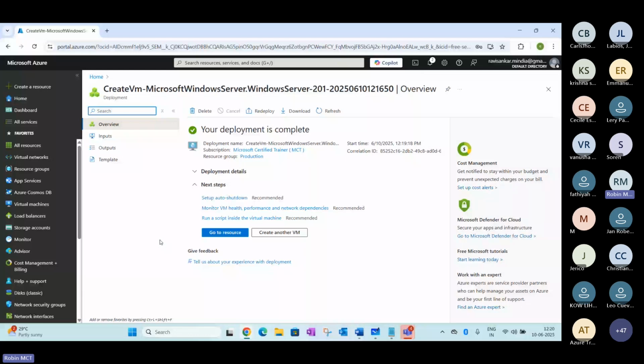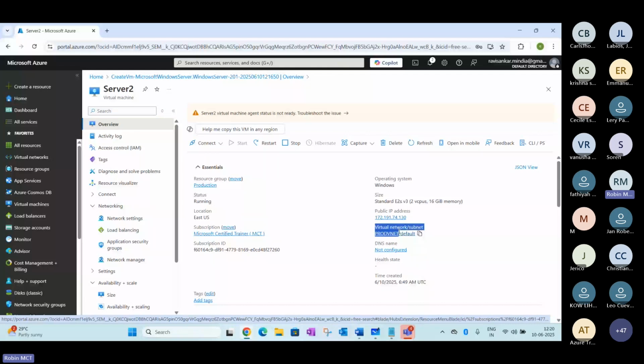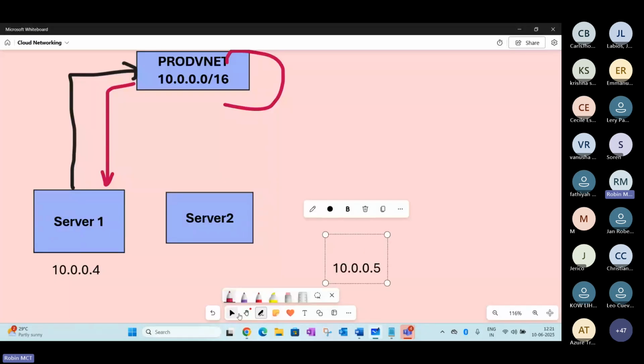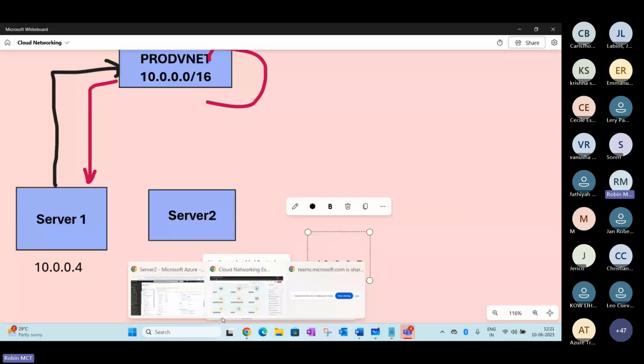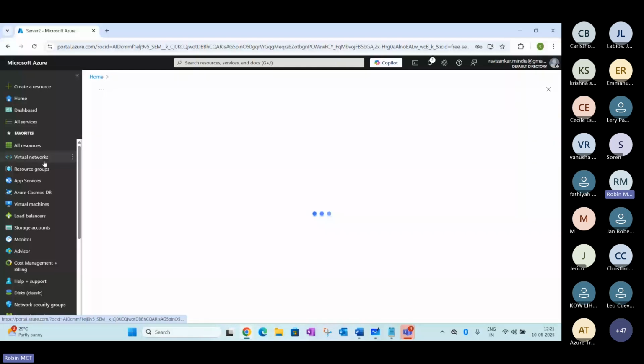Right now, you may be able to see the creation has completed here. Now, if you go back to the VM and review this VM here, you can see your second VM is also assigned to the same VNet where my first server has been mapped here. And you may see it start getting an IP address from the same VNet, 10.0.0.5 here. So you can see it's been assigning the IP address from the same VNet here. And you're not seeing any separate network here. If you go back to the network options here, you are not seeing any separate network.